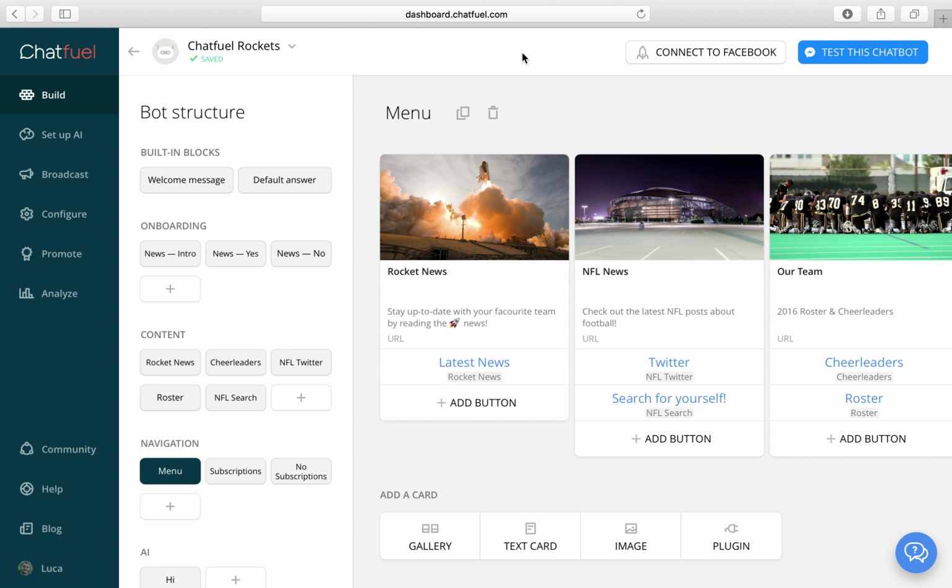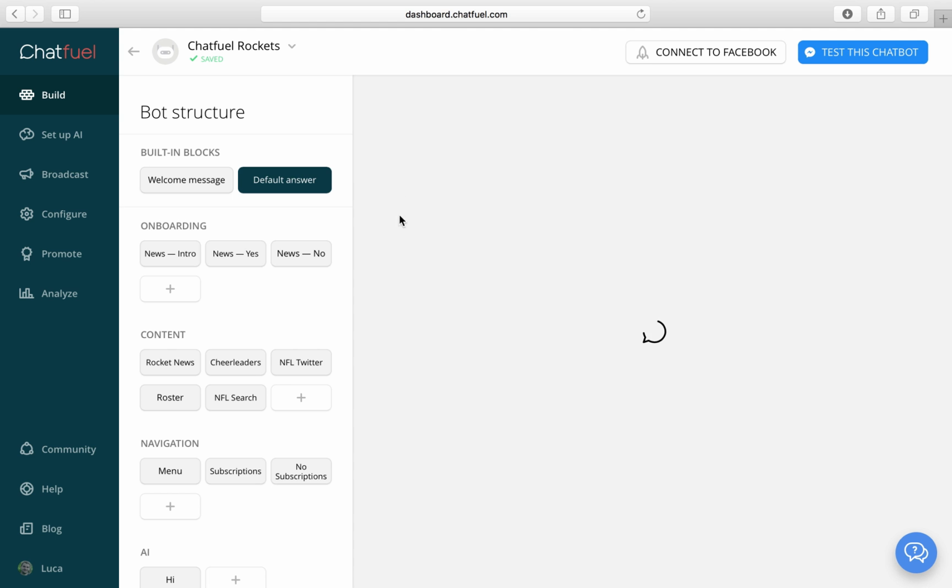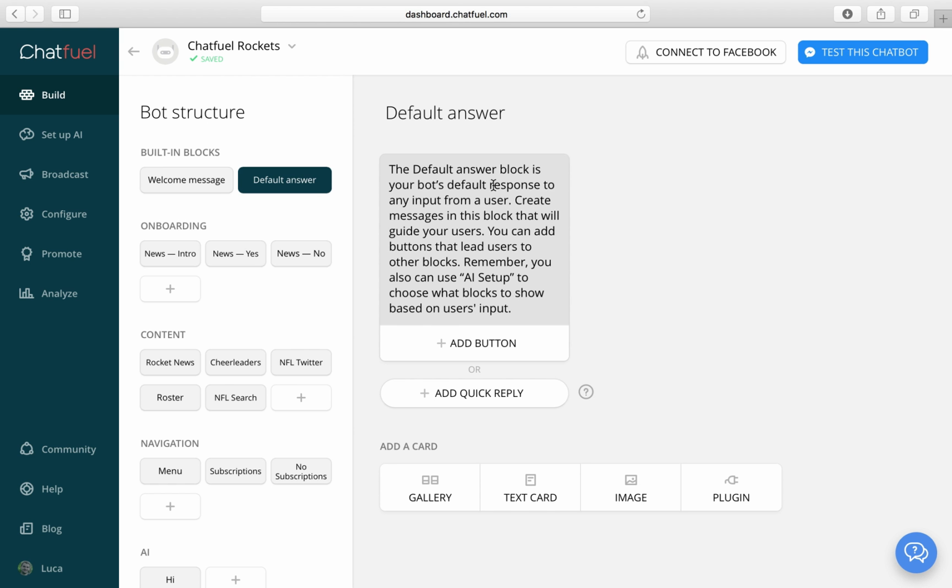At the moment, if a user sends random stuff to our bot, like, "Can I get a coffee please?" it will respond with a default answer because it doesn't know what else to do. So let's customize this one